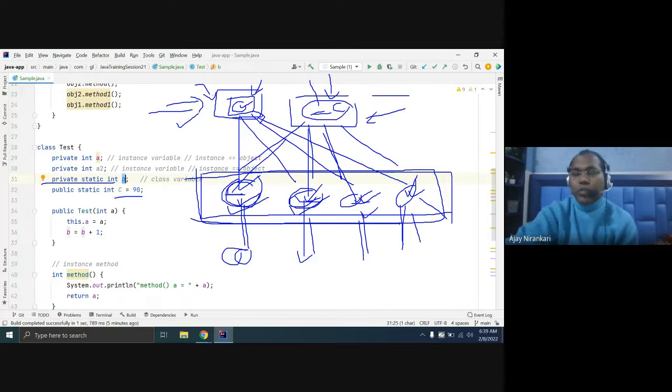Only those variables you mark as static. Else, if you think a particular value is independent, different for each object, then that value must be an instance variable. Sometimes it is called an instance variable or object variable, and similarly a static variable you can call a static variable or class variable, because it is always bound to your class. This is the instance variable because it is always bound to the instance, your actual object.